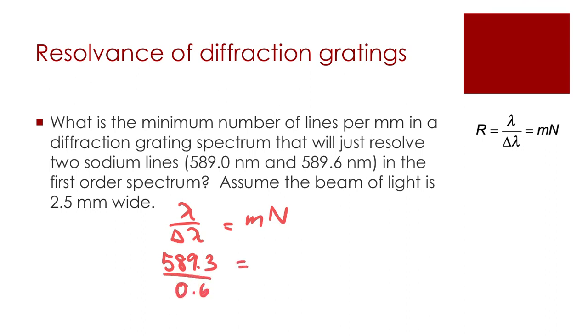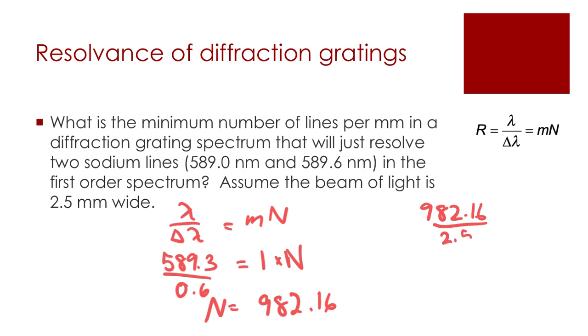Now, these are both in nanometers, and we will cancel out the nanometers, so I can be a little lazy here and not write that part in. I want my first order, and I'm looking for the total number of lines that we're going to use. In this case, I've got 582.16 according to my calculator. Now that's just the total number of lines, but the question asks for the minimum number of lines per millimeter, so I need to take that value and divide by the number of millimeters I actually have in my laser beam. It is asking for lines per millimeter, so it is appropriate for me to leave this value in millimeters. And now I'm going to get